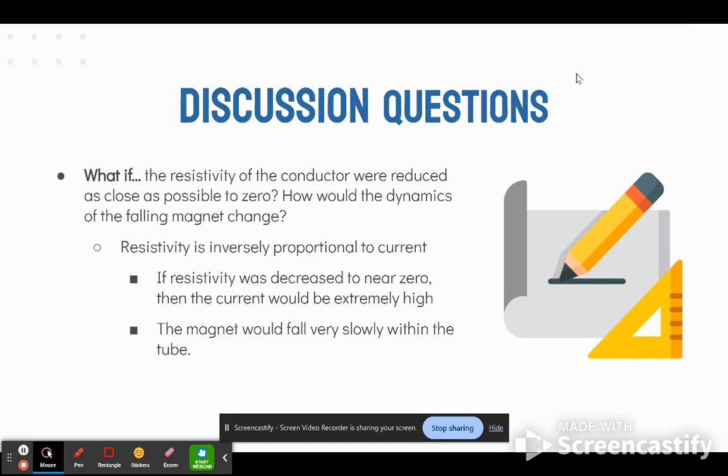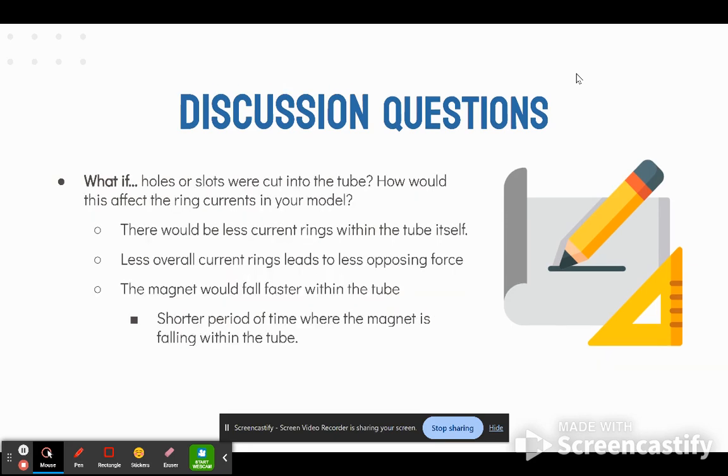So we know that resistivity is inversely proportional to the current. So if the resistivity was decreased to 0, then the current would become extremely high and cause the magnet to fall very slowly within the tube. And as for the second question, if there were any holes or slots in the tube, there would be less current rings within the tube itself. Therefore, with less overall current rings, there would be less opposing force within the tube, and thus